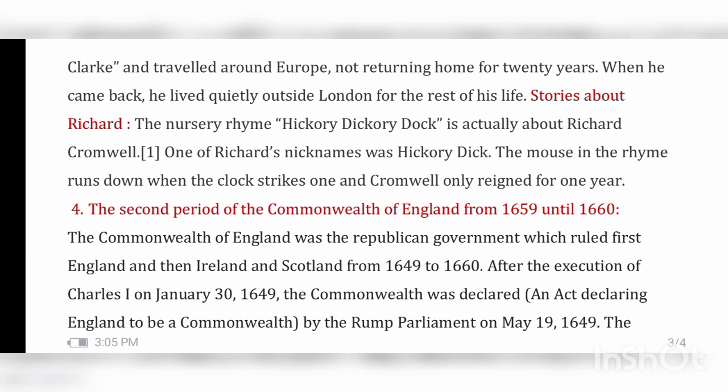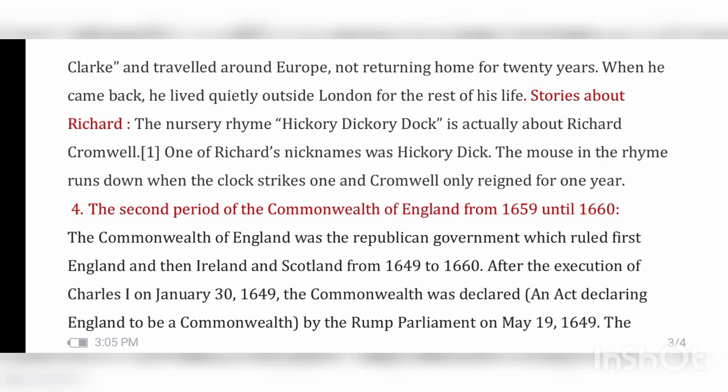Stories about Richard Cromwell. The story is that the nursery rhyme Hickory Dickory Dock is actually about Richard Cromwell. One of Richard's nicknames was Hickory Dick. The mouse in the rhyme runs down when the clock strikes one, and Cromwell only ruled for 1 year. So the poem is very significant here, and we all read it in our childhood,